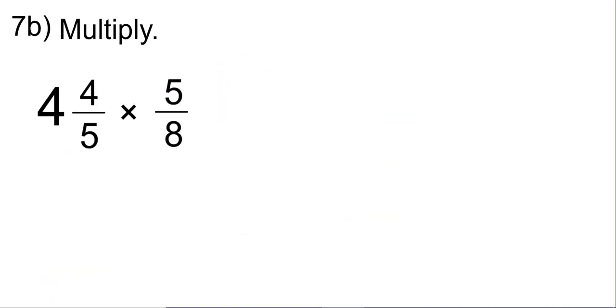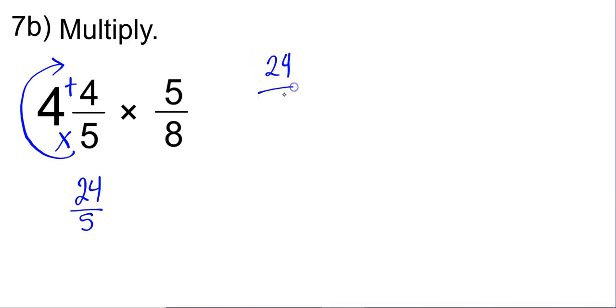All right, let's look at 7b. We cannot multiply mixed numbers. This has to look like a fraction. So let's do times plus, and around the clock we go. 5 times 4 is 20, plus 4 is 24. And our denominator stays a 5. So let's rewrite this as 24/5 times